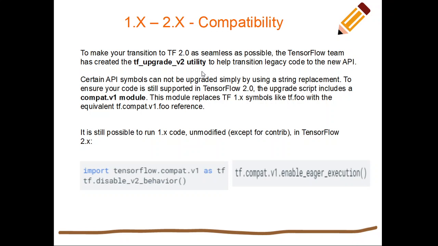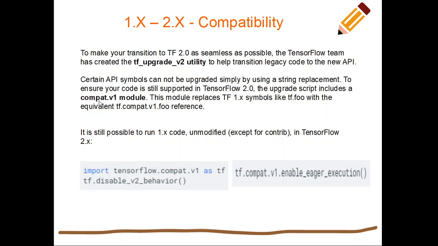If you use that utility and give it TensorFlow 1 code, it will convert it into TensorFlow 2 code. But obviously it will not be able to convert everything. There are going to be a few issues, and you can fix those issues